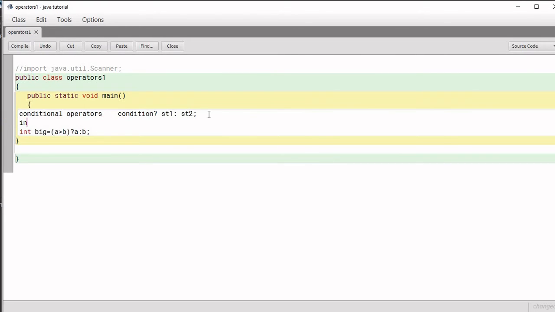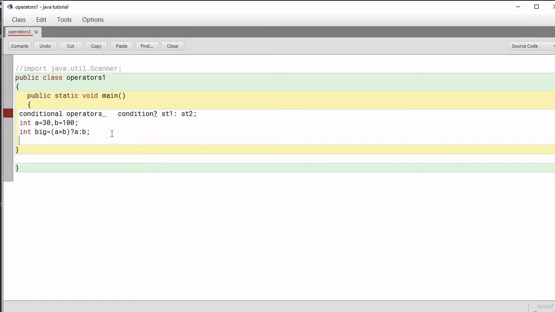So let's say int a equal to 30 and b equal to 100. Then we are going to print System.out.print(big), and then save.